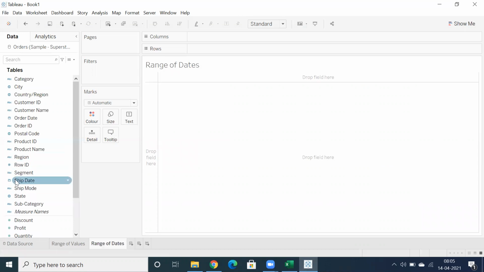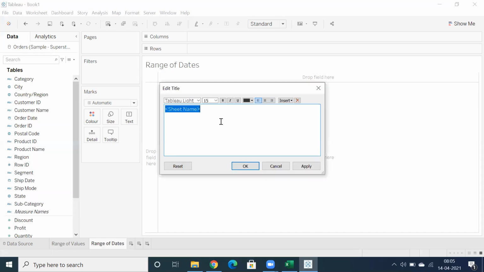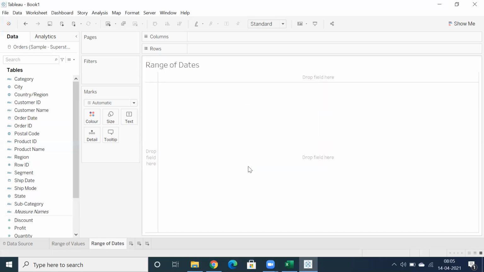So let's create a report here. I'm going to use order date. As I said, the advantage of order date, or the date data type. I use filters on dimension, filters on measure, but order date or date is also a dimension.